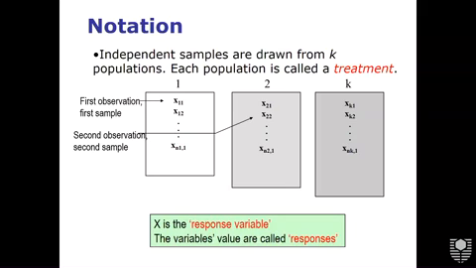independent samples are known as K. How many Ks do we have? 3 Ks: city 1, city 2, and city 3. The population in each city, we call it the treatment. X is the response variable, because once